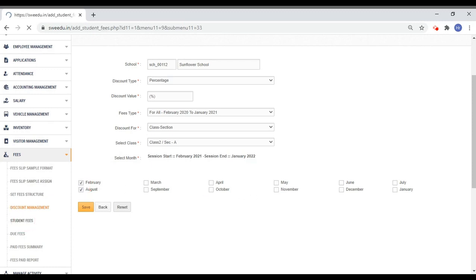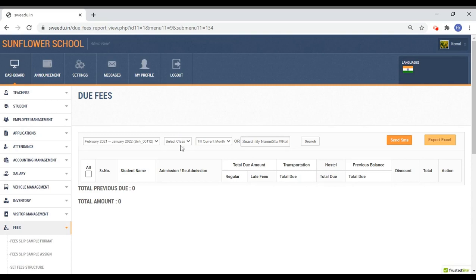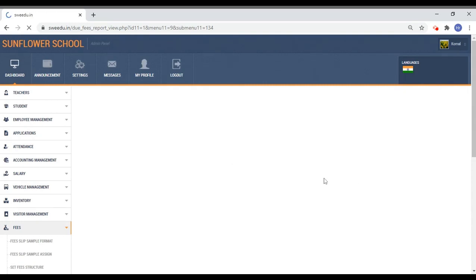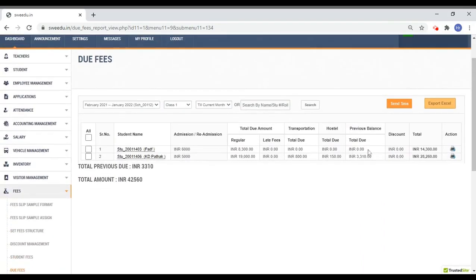In due fees, fees which need to be paid by a particular student or any particular class can be viewed in a particular month or total fees. By selecting the student, SMS can be sent as a due fees payment reminder.